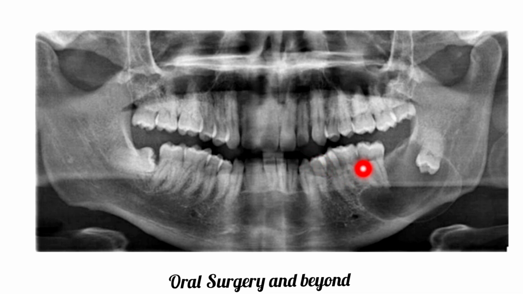Here, what is this? This is a well defined unilocular pathology surrounded by well defined margins of cortex, meaning a cortical unilocular pathology. Here we can see this kind of pathology. The cystic pathology starts from the CEJ of this impacted wisdom tooth. Mostly it will be a dentigerous cyst.